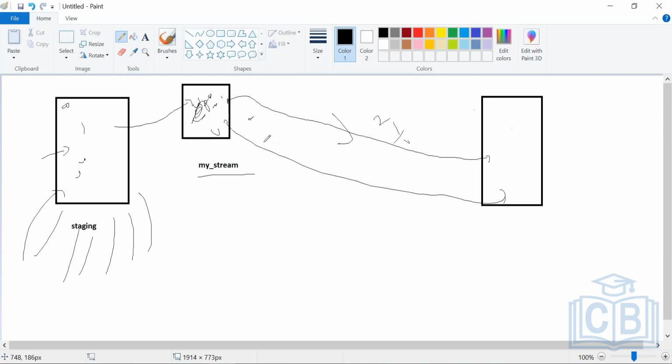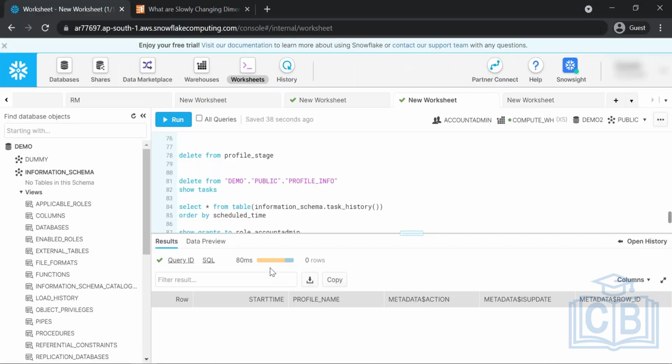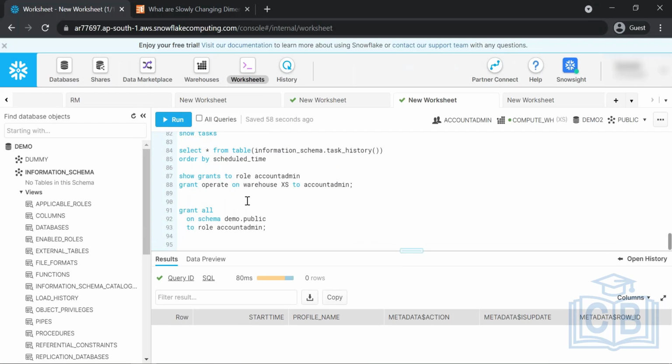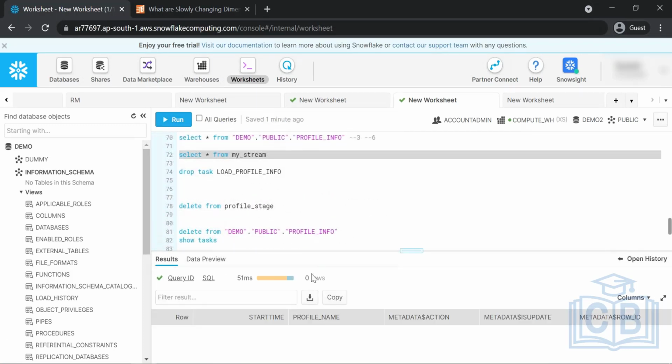Whenever I consume the data from the stream, the stream will become empty, but here the data will be there. Here it will become empty. As of now, you can see when I queried the stream, I'm not seeing any data, 0 rows. But